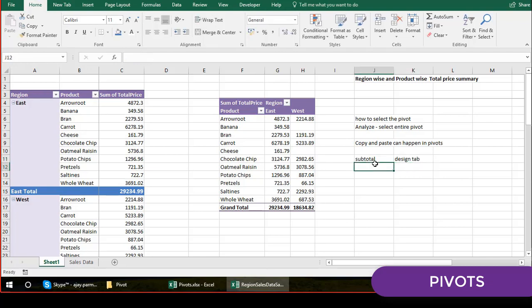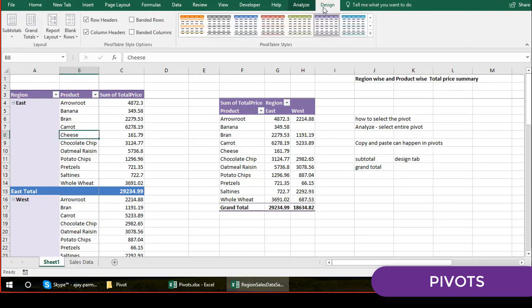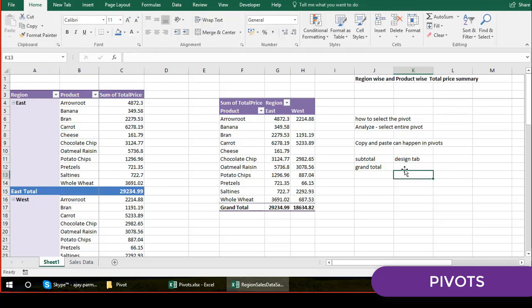Then you have the grand total option also. Where is the grand total option? The grand total option is here, so in the design tab we will have the grand total part also.